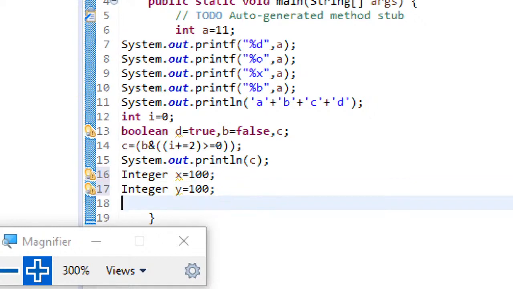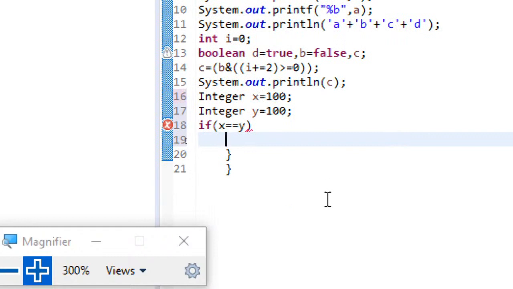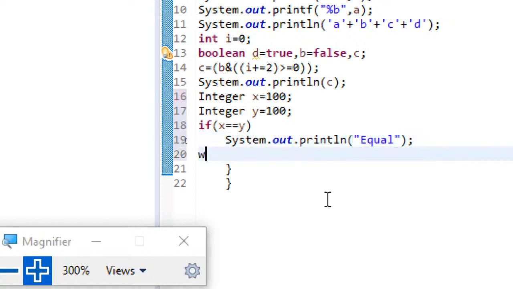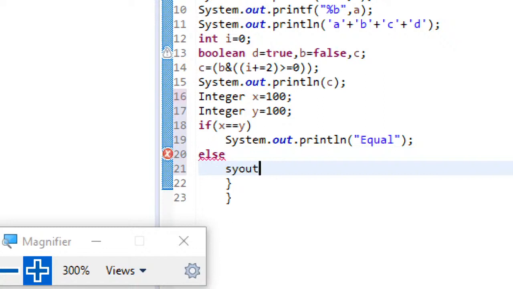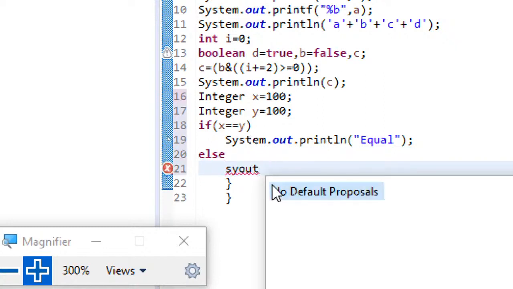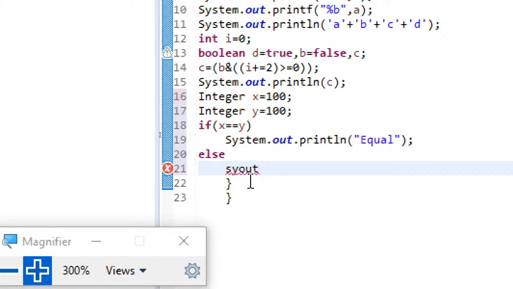Now if x double equal to y, sys out control space equal, next else sys out control space, okay, s is missing here, sys out control space not equal. Now I just want you to think of it.